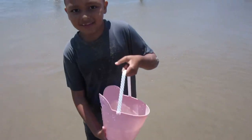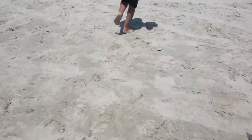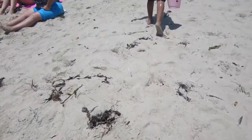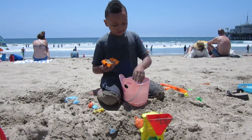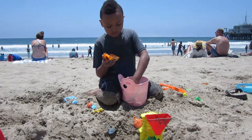And I collected some water with my bucket. I will use it to play with the sand. I have a lot of sand playset toys like shovels, rakes, molds. Play with me. Grown-ups, did you know playing in the sand is a great way for us children to build